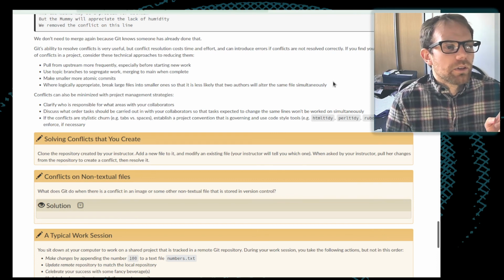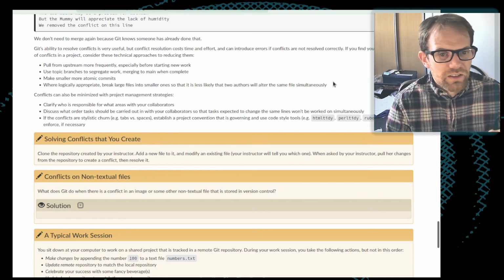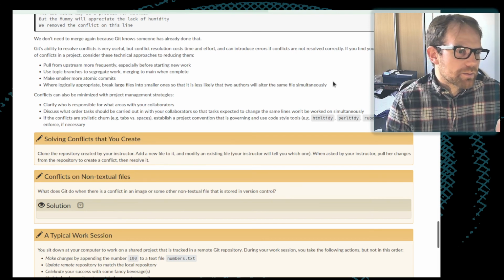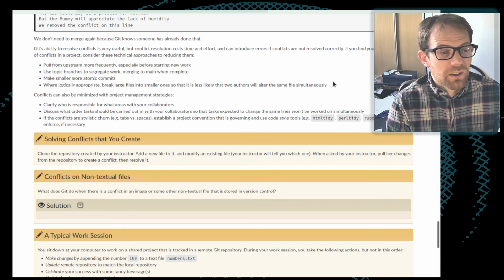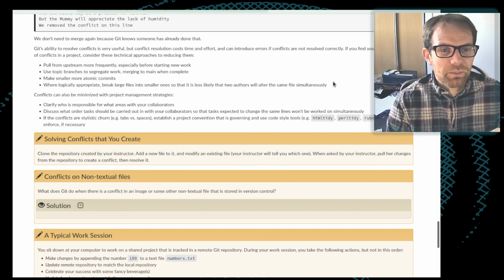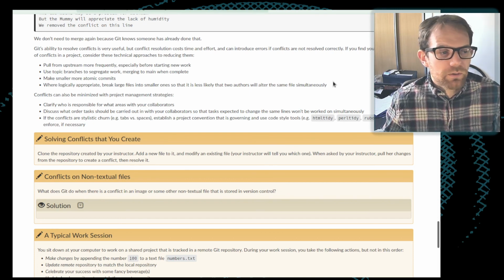But you can also use specific tools which go through and tidy up the style of your code. They've got some suggestions for HTML and Perl here, which are things called code linters, which just go through and automatically tidy things up. Again, there are equivalents. The equivalent for Python is called pylint, and it automatically resolves these things. So suggesting that people run these before they make the commit is a useful way of reducing the number of conflicts that you might end up with.